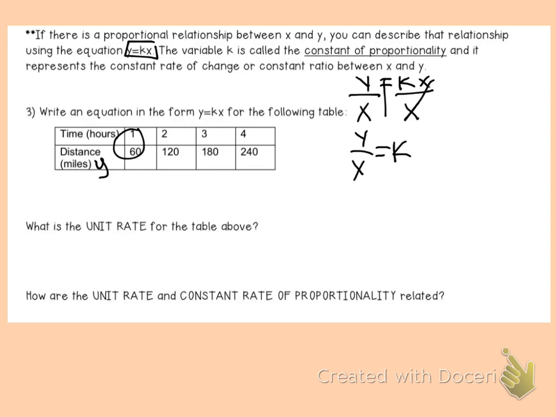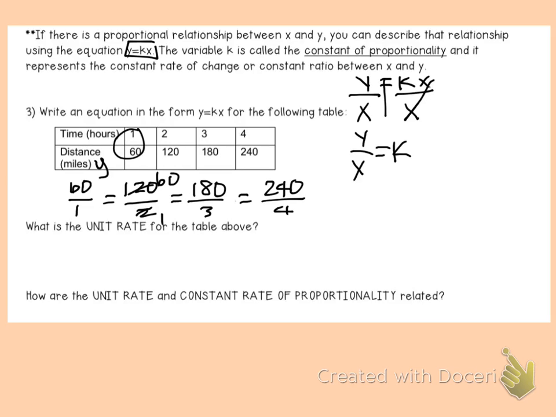So your first set would be 60 over 1 is equal to 120 over 2, and it's equal to 180 over 3, and 240 over 4. Okay, so we're seeing if these are equal. 60 over 1 is its simplest form. 2 divides into itself once and into 120 60 times. 3 divided by 3 is 1, and 180 divided by 3 is 60. 4 divided by 4 is 1, and 4 divides into 240 60 times. So yes, constant